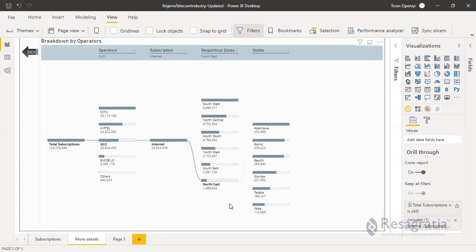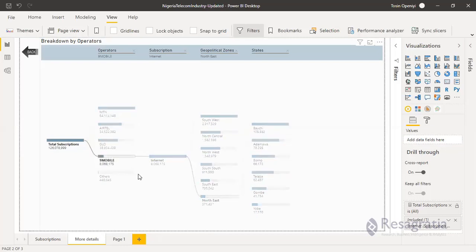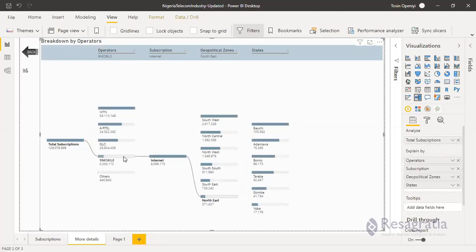People in Adamawa use Glo the most. Borno is Airtel. MTN is Bauchi. Then we can check Nine Mobile, I'll just click Nine Mobile, and we have Bauchi for Nine Mobile, and so on.